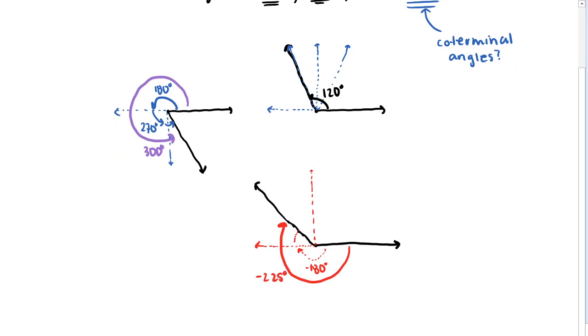And so, what are some coterminal angles? What are some other angles that would bring us to the same position? Well, we can kind of see that if we were to go 90 degrees and then an extra 45, we would end up at the same position, right? So this is coterminal with